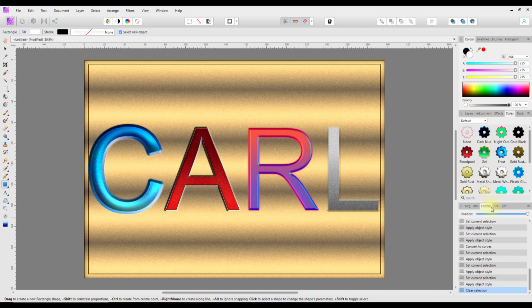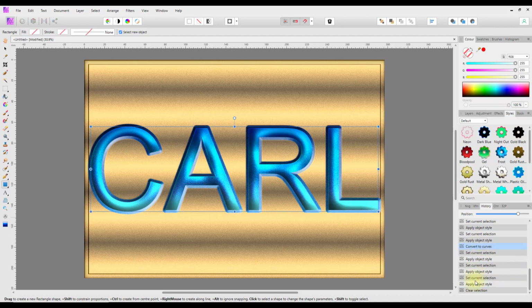and you tried the style, the easiest thing to do would be to go to the history tab and go back to, so like where I converted this to curves for example, and that will go back and it will undo me making these three letters a different style altogether. Or if you really wanted to go back to,